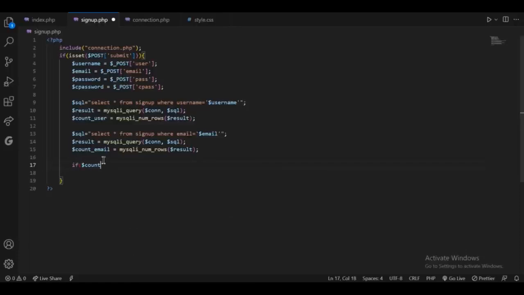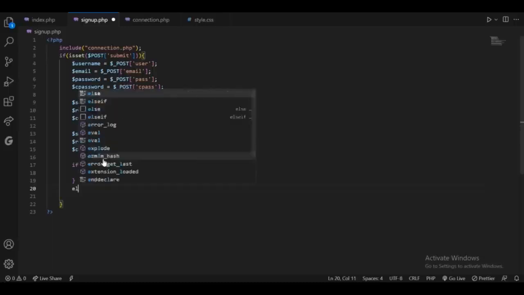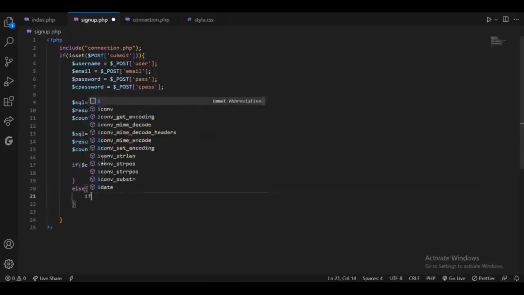Okay. Now I will check if $count_user is equal to 0 and $count_email equal to 0. If no particular row is present in the database with that particular email or user, then the user should create the account with those details. Okay, then there should be no problem. But what if a row is present in the database with that particular username or email? Then we will not create the account with those details. Okay, so we will go to the else condition and show the error message